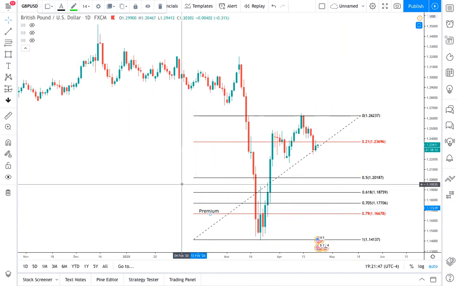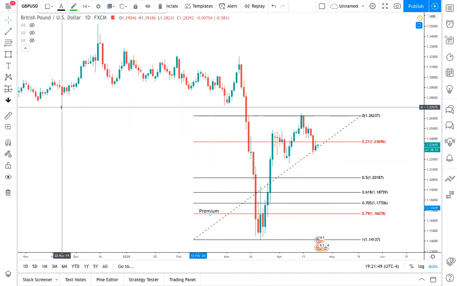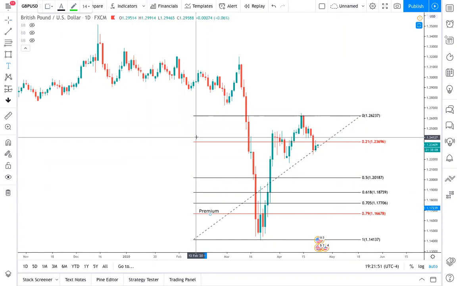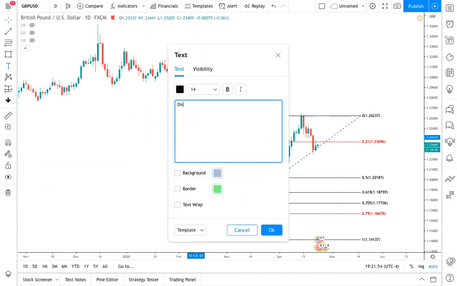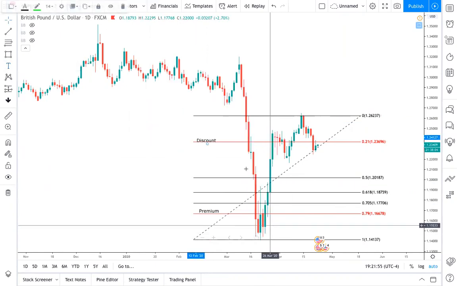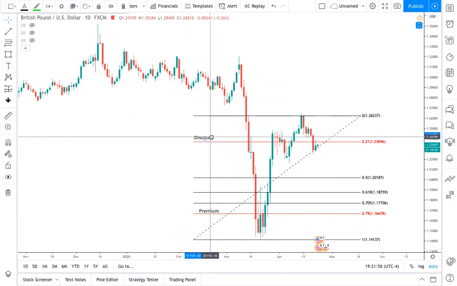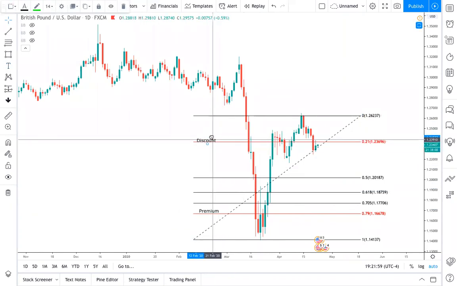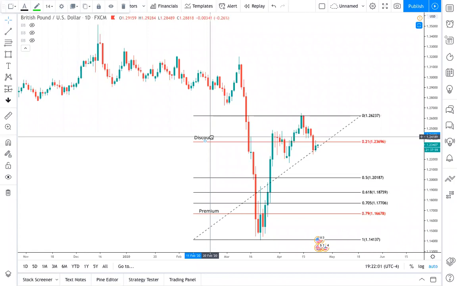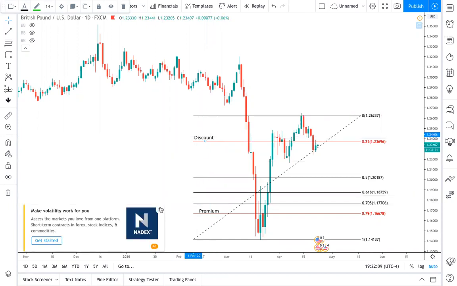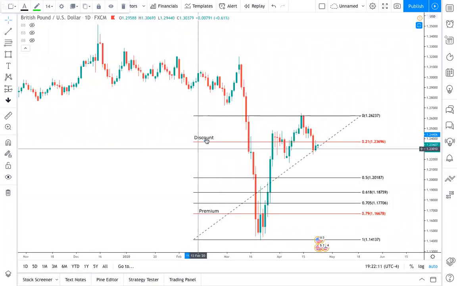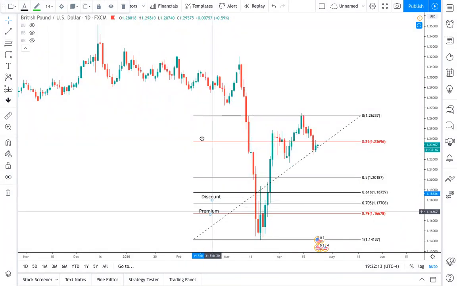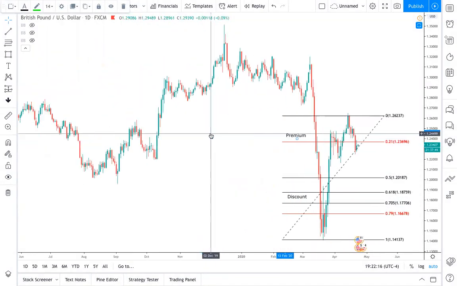And what a premium is, really think about it. If you were in a store, price goes into either a premium or price goes into a discount. Where do you think you want to buy something at? If you are in a store, you want to buy things at a discount, right? So if things are at a discount, and you have